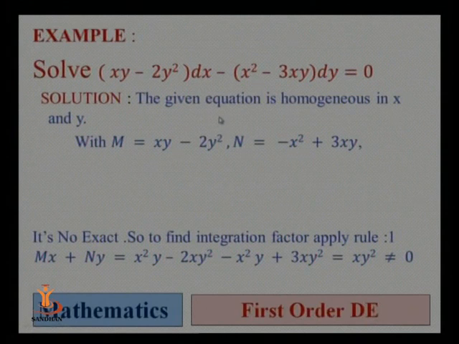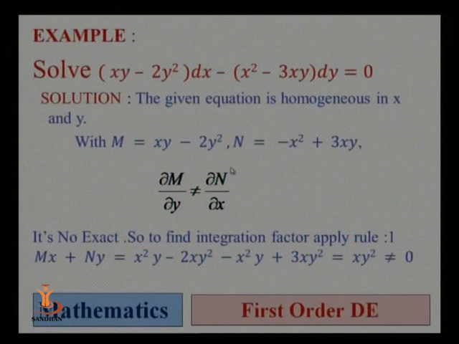And M is the coefficient of dx. N is the coefficient of dy. Then we will check. What will we check here? Del M by del y. What is del M by del y? That is x minus 4y. And here